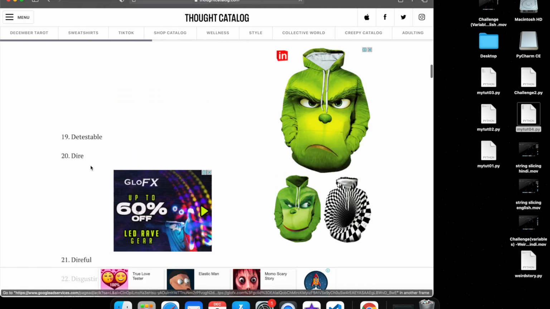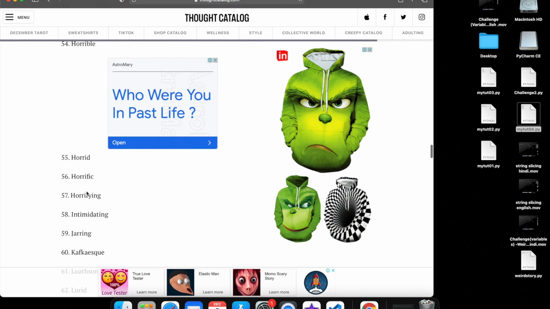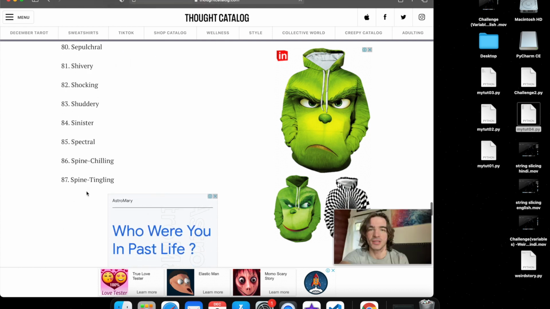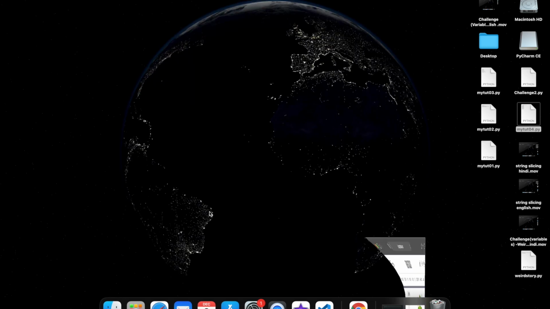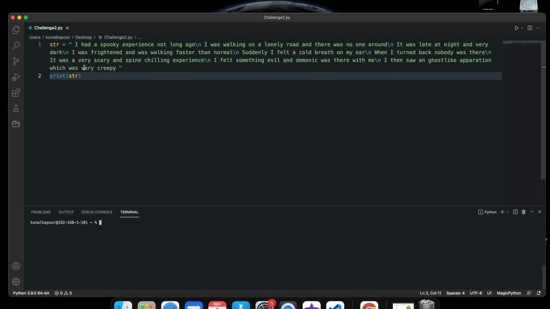There's a lot of words there which we can use, and I used these words to create a string. So I created a new file in Visual Studio Code. I named it challenge2.py, and then I created a string.